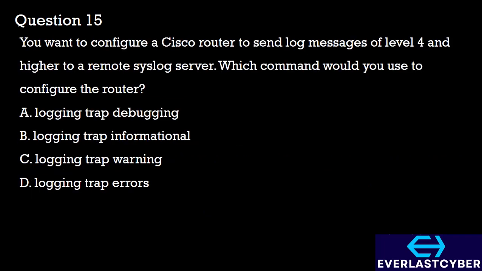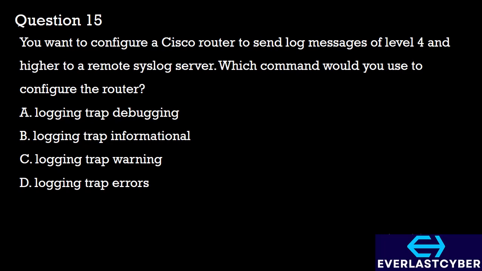Question 15. You want to configure a Cisco router to send log messages of level 4 and higher to a remote syslog server. Which command would you use to configure the router? A. Logging trap debugging. B. Logging trap informational. C. Logging trap warning. D. Logging trap errors. A logging trap debugging command would send all log messages from level 7 and higher, and